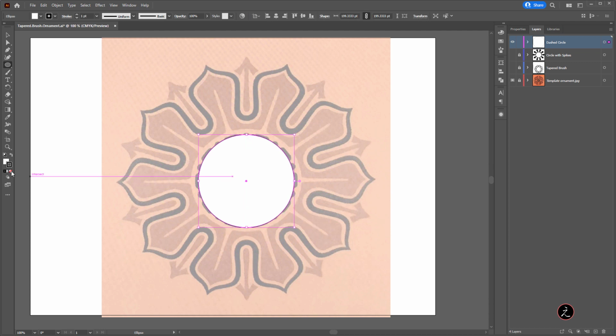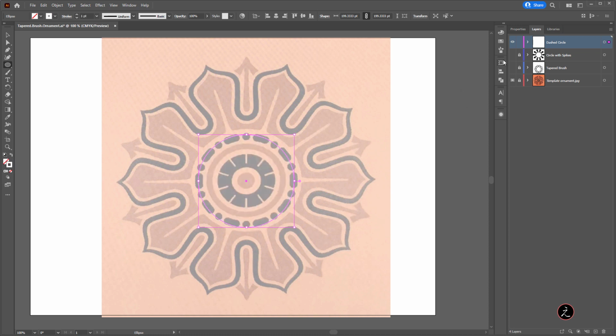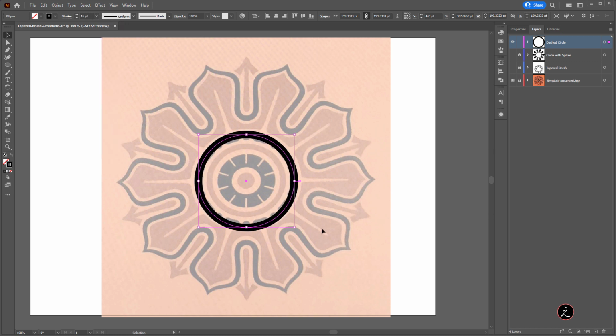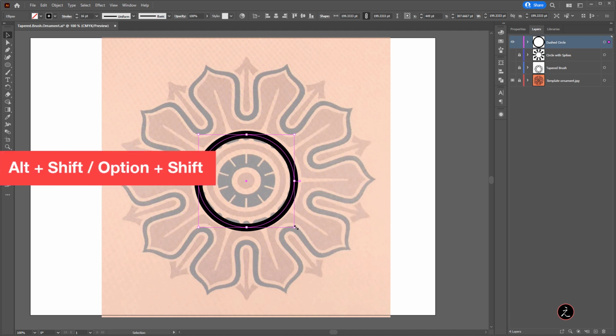Now, no need to have any fill color. We just need to have a stroke, and the stroke should be set to black. There we go. All right. So now looking at the original, as you can see, the thickness of the stroke is quite much more, which means I will click on the drop-down menu here and I'm going to set this to 16 points.